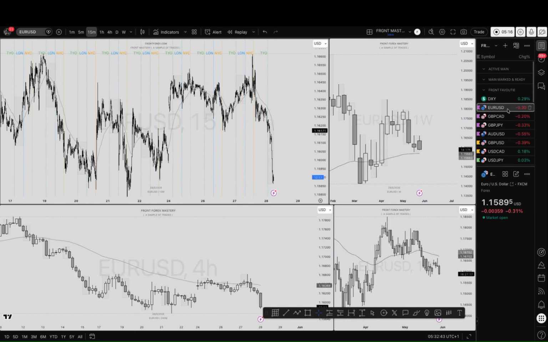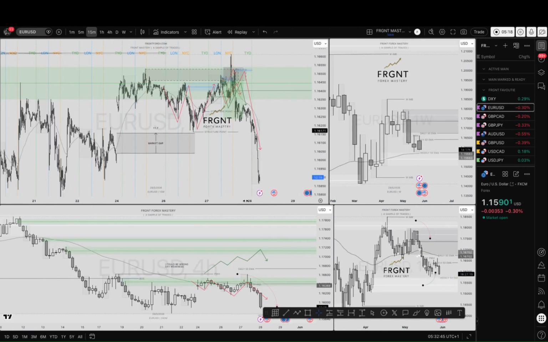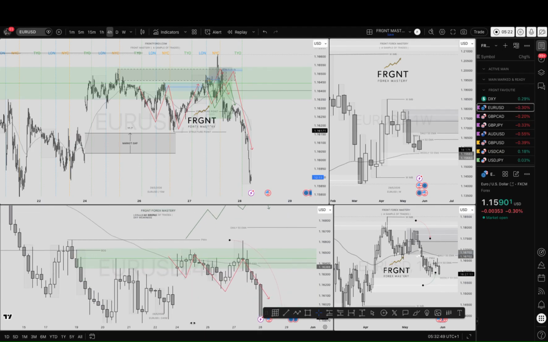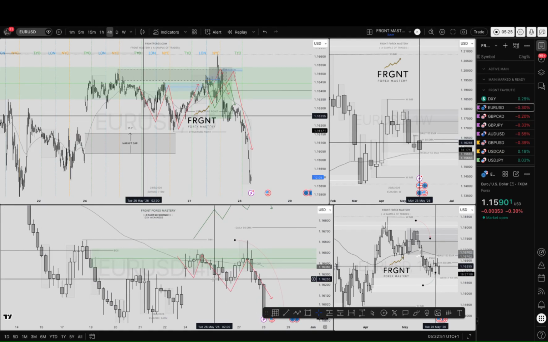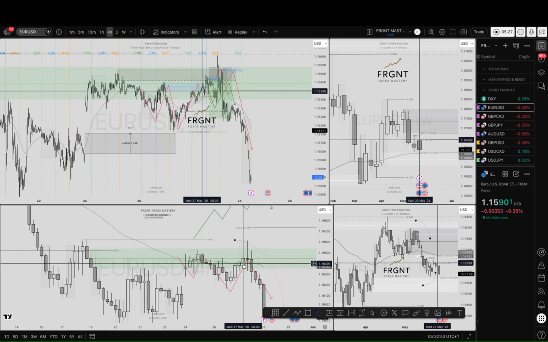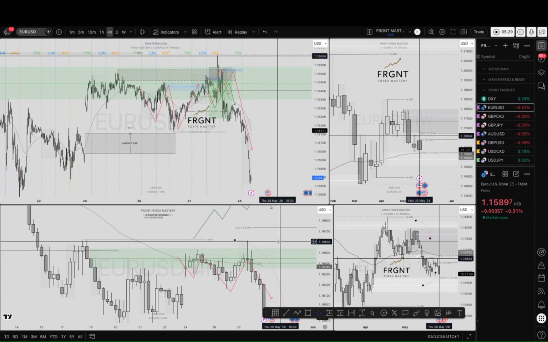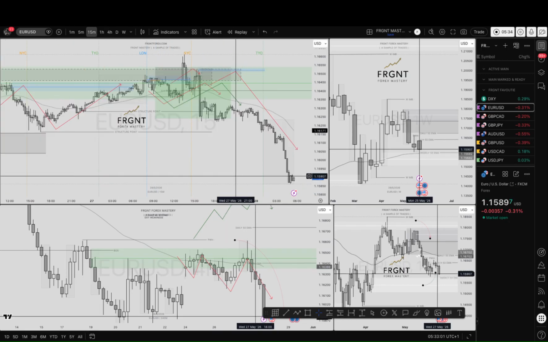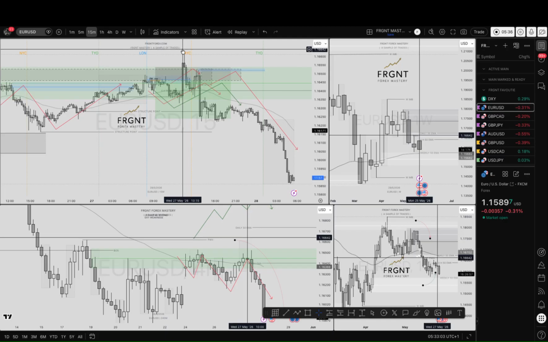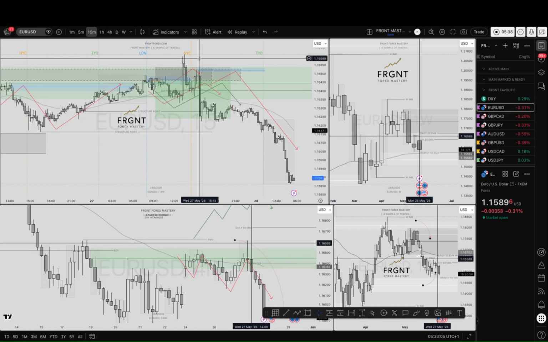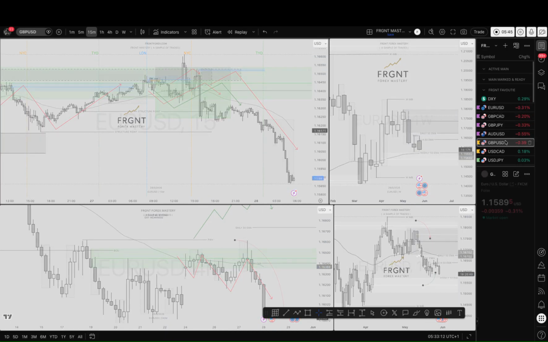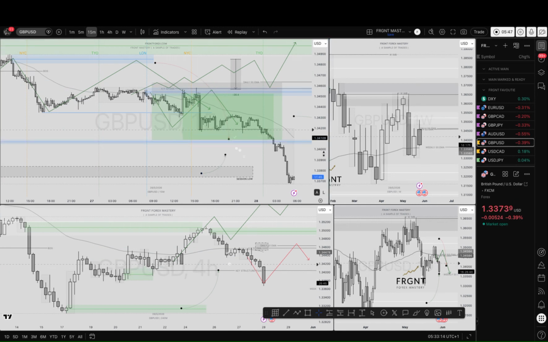And if we go to EU from yesterday, a bit of a shame with EU. It was one of my favorites to trade based on the fact that we had closed below that 4-hour 50 EMA. We were respecting that 4-hour order block. Price developed in the 15-minute time frame. We came into the area, and to be honest, it's a bit of a shame that we were taken out of that break even, but nevertheless, it was that liquidity within the news that actually drove price to my better area